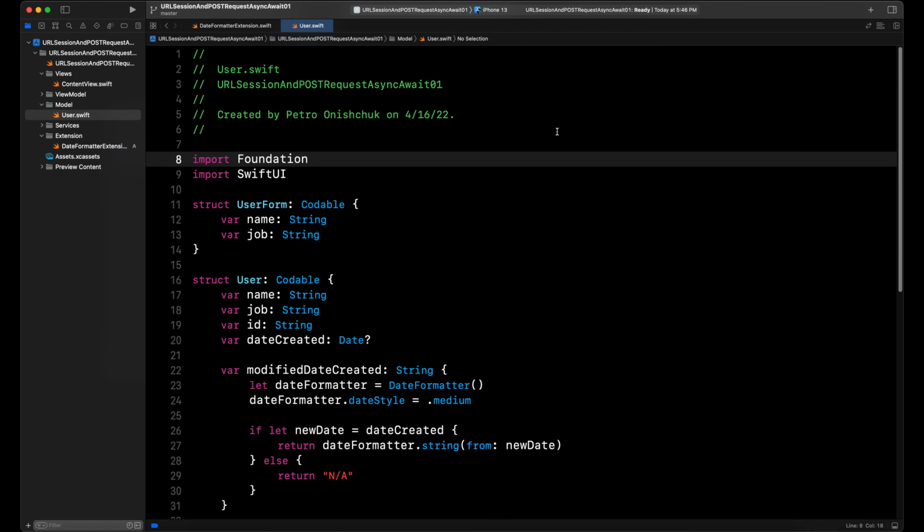Okay, we start our project and also we create our model. Next, I want to create our network service class. Inside our network service class, we will have methods to make our post request with escaping closures, with the async await method, and also to make our post request to a local server. For example,